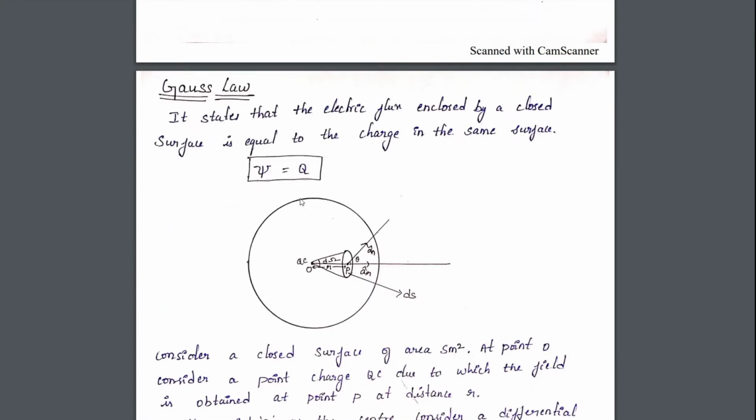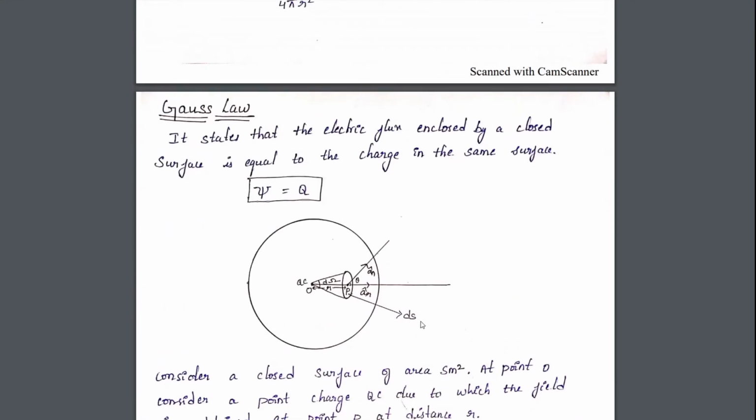So psi is equal to what? Surface integral of D dot dS. So we have calculated D here, and we need to define this dS, that is the differential surface. dS you need to define. In order to define it, at the point P as the center, we consider a small area dS. Understood? So this area dS at its end is joined to the point O.